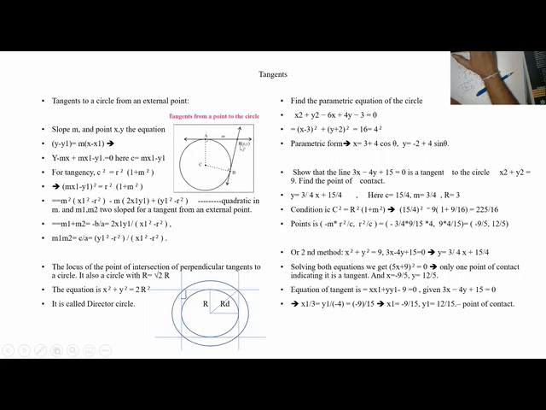Now let us understand tangents from an external point. This point x1, y1 is external. It is not on the circle. We know from an external point we can draw two tangents. Let us see with the slope m: y minus y1 is equal to m into x minus x1. We have one slope and one point x1, y1, so I am putting the slope-point formula for this line. When I simplify it, y minus mx plus mx1 minus y1 is equal to 0. That means c is equal to mx1 minus y1.